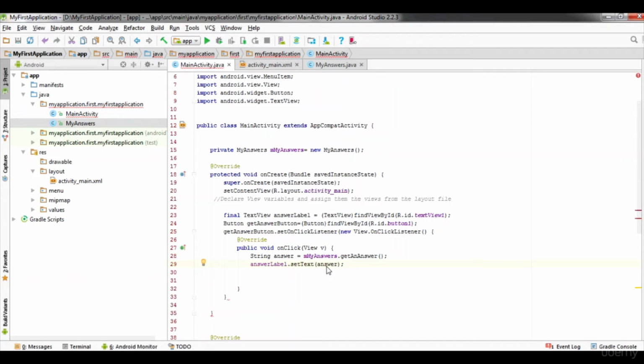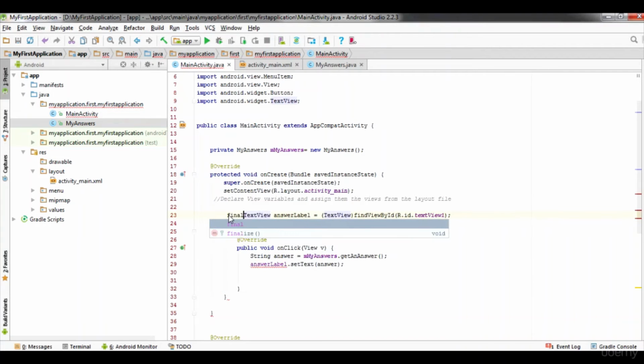As we can see, this answer level shows a red error, which we will fix through a quick fix that is available. It's saying to make the answer variable final. So now the keyword final has been added. What we have to do is make this answer variable final. So the error goes away.